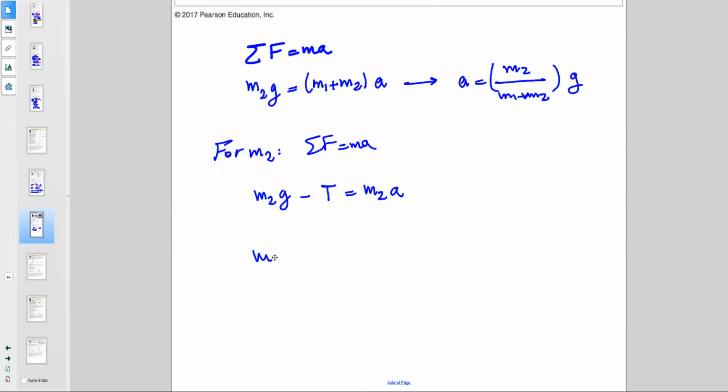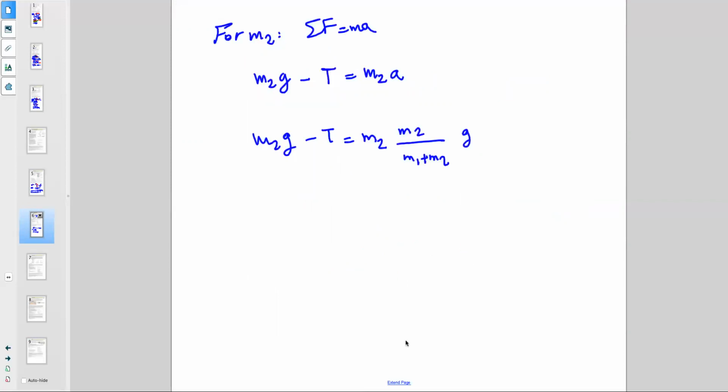Okay, so I have M2G minus T equals M2 times A right there. A is M2 over M1 plus M2, G. Okay, that's what I have there. And then I can find tension based on that. So tension is M2G minus M2 over M1 plus M2